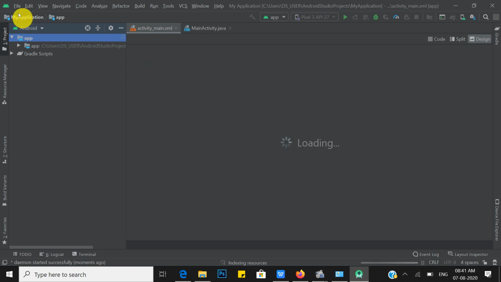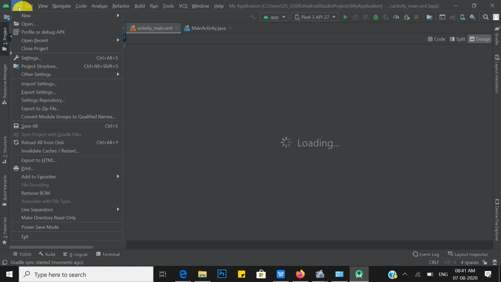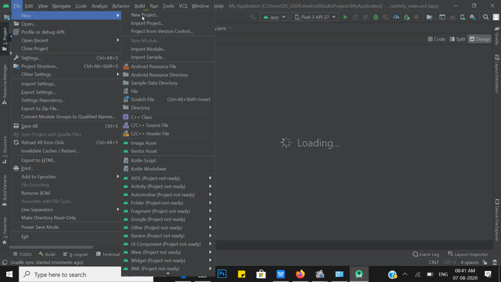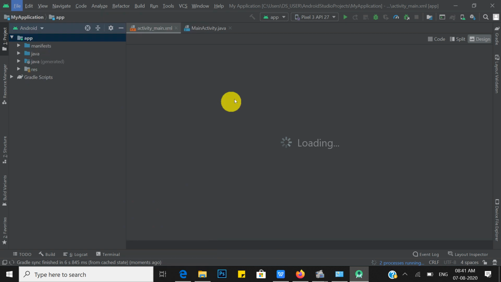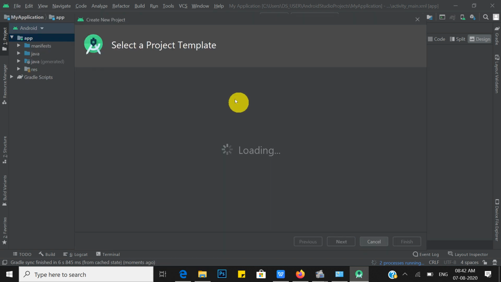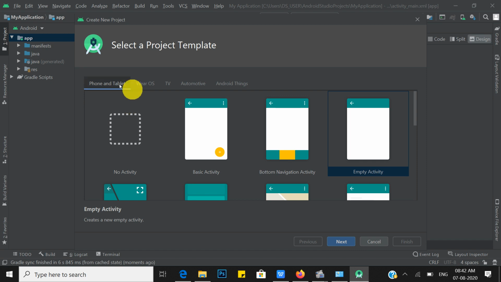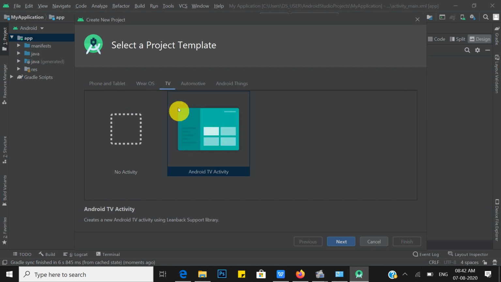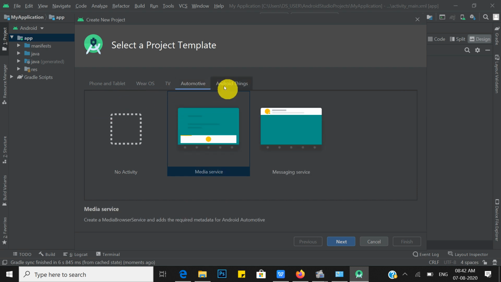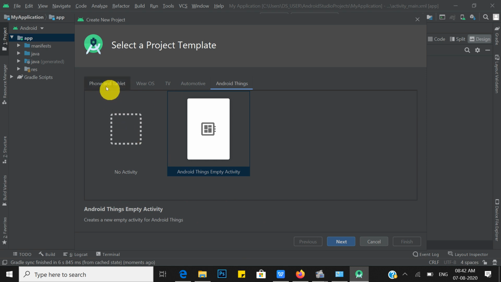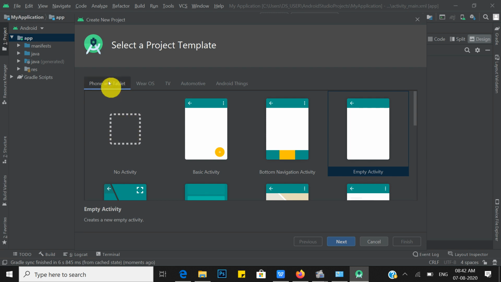If you want to create a new application, simply click on File, New, and then New Project. It creates your new project. First, when you create the project, choose the template. There is Phone and Tablet: if you want to create an app for phones and tablets, choose this tab. Wear OS has this tab. For TV, smart TV, automotive, that is smart cars, Android and other things like IoT, you can choose this tab. Currently we want phones and tablets, so choose Phone and Tablet, create an Empty Activity